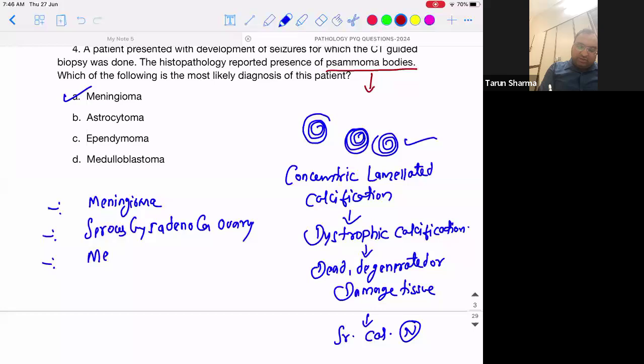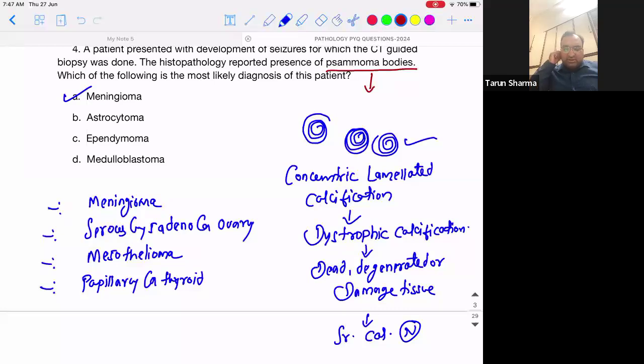There can be mesotheliomas of the coelom, of the peritoneal cavity, pericardial cavity, or pleural cavity. Mesotheliomas also have a similar kind of calcification. Okay. There can be a papillary carcinoma thyroid. That is why I told you this thing in papillary carcinoma thyroid also. So meningioma, serous cystadenocarcinoma ovary, mesothelioma, and papillary carcinoma thyroid. So these are the few important tumors where you can see these concentric lamellated calcifications that are called as the